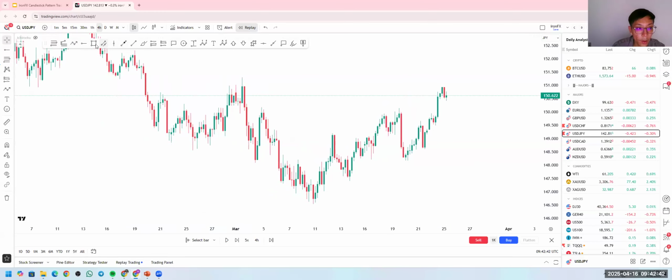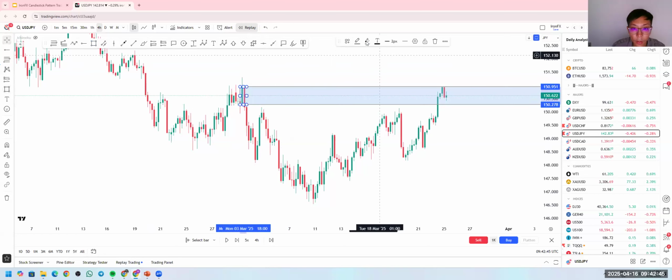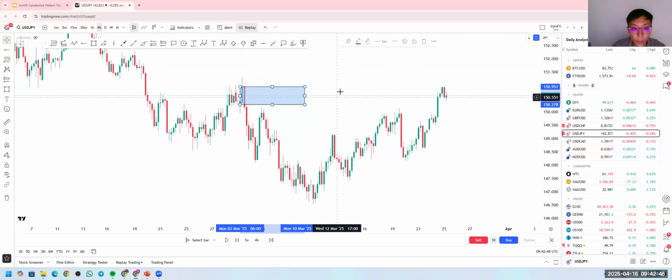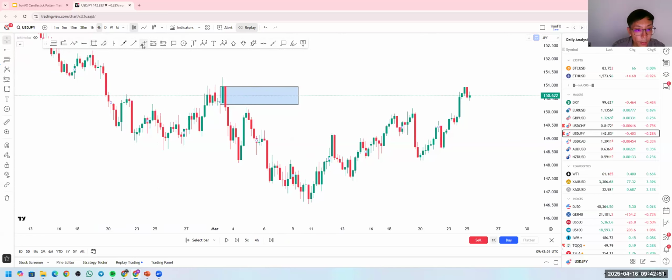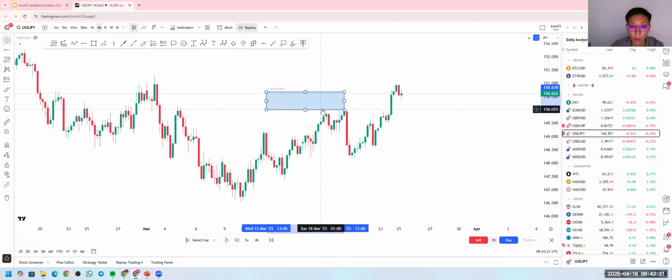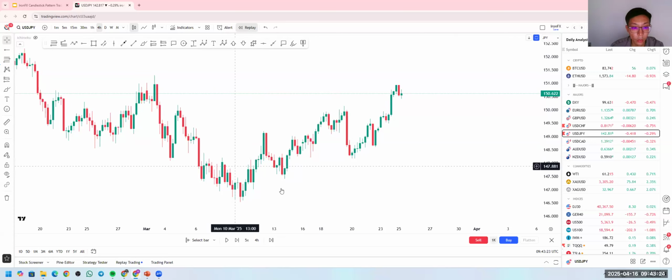Honestly, I would say my first opportunity for sells would have been this. Why? Bearish engulfing candle, together with two more bearish candles. So this is what we are looking at. Unfortunately, price didn't tap into the area that I was looking at. But that's fine.